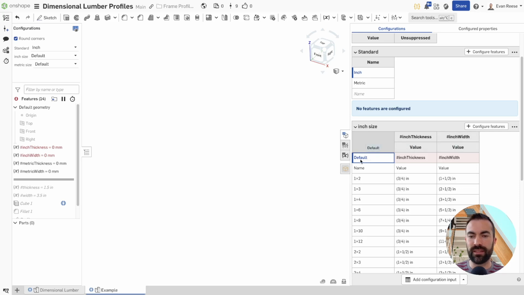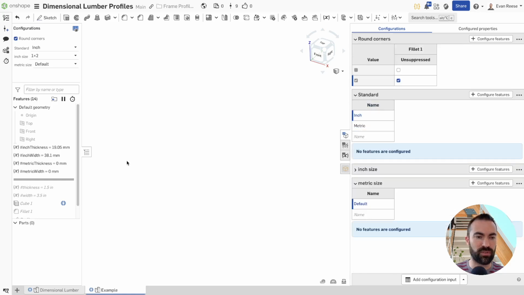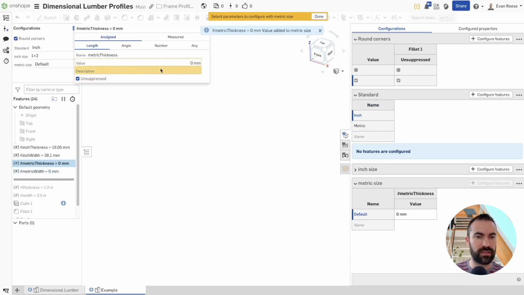So I can't delete this one because the row is active. It's like, see this blue box. So I'm going to right click this one, switch to that. So now I've got that, and I can delete that row, and I can delete this row. Great. Let's do the same for metric. Configure that, and